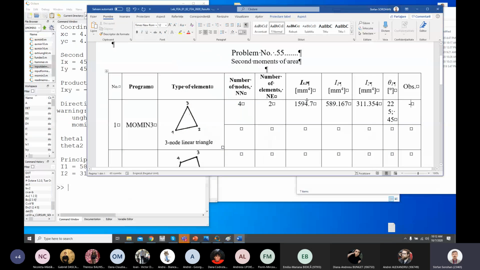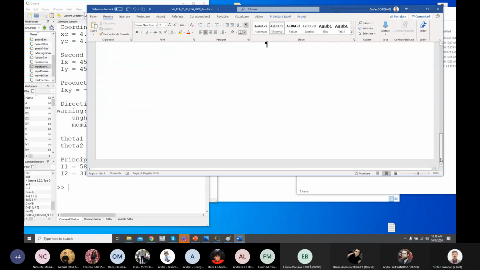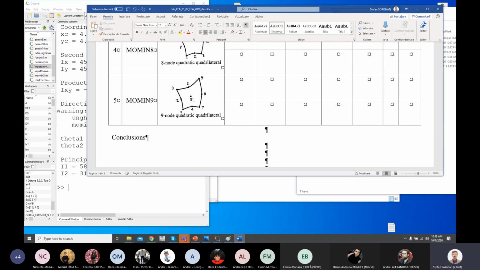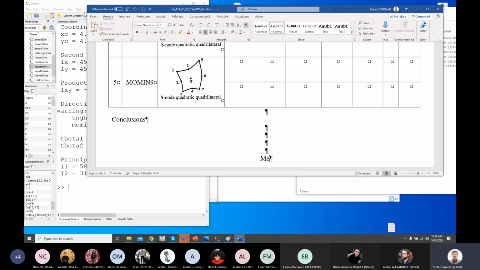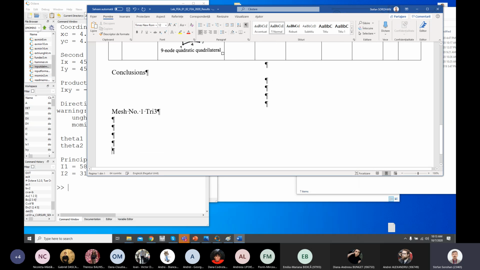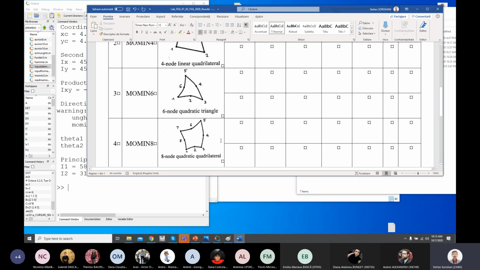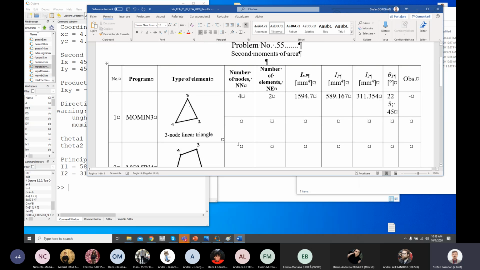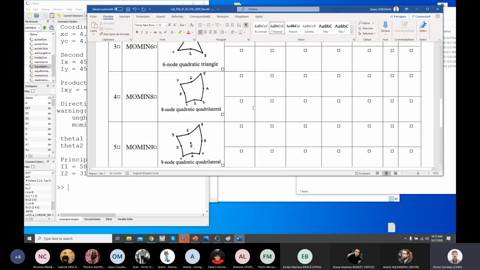Of course, in the report, it's a good practice to put somewhere here, let's say, mesh number 1 for triangles with 3 nodes, and you can add here if you want the input data file. It is optional. Please keep in mind that I will correct just this table. You must fill it and